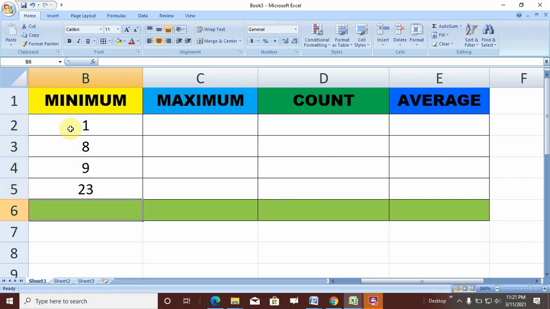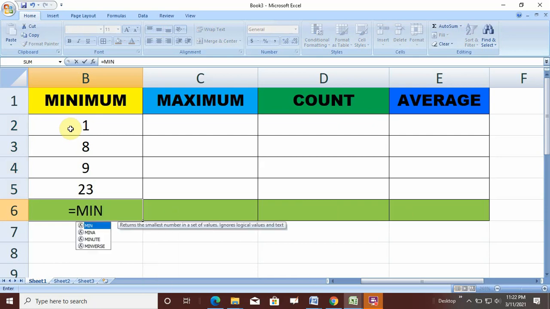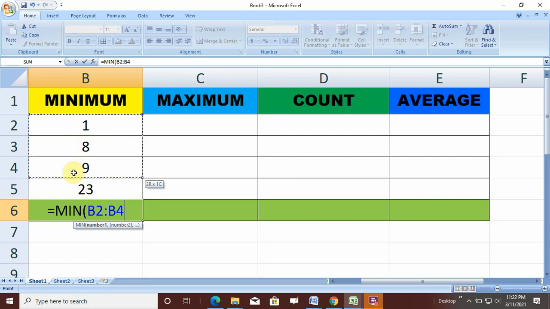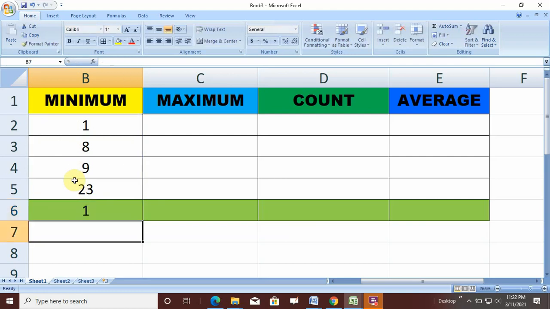if we need to find the minimum value, you press the equal to button on your keyboard and type min, start the bracket using the shift button, select this set of data with the mouse, close the bracket and enter it.